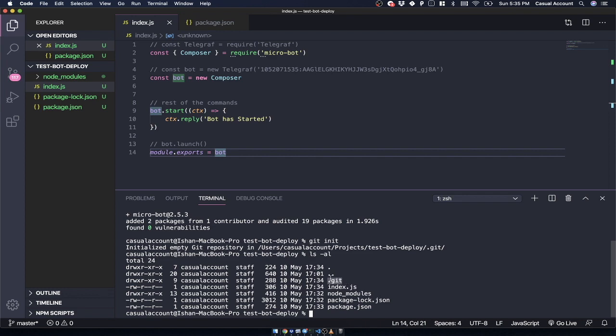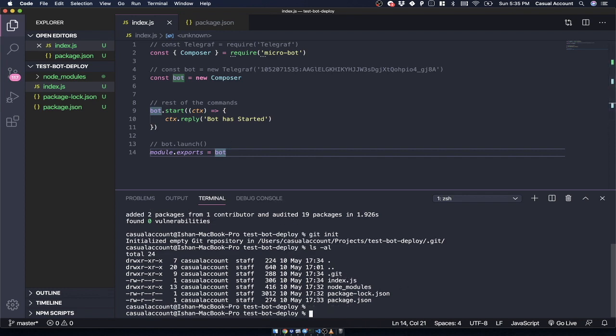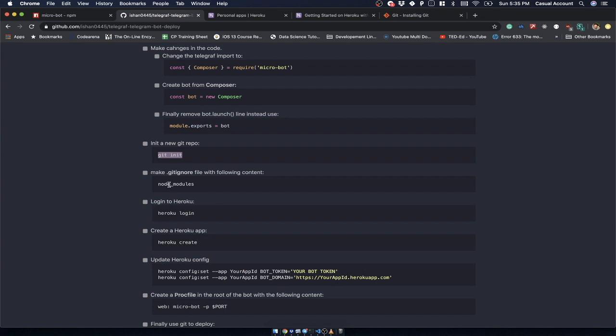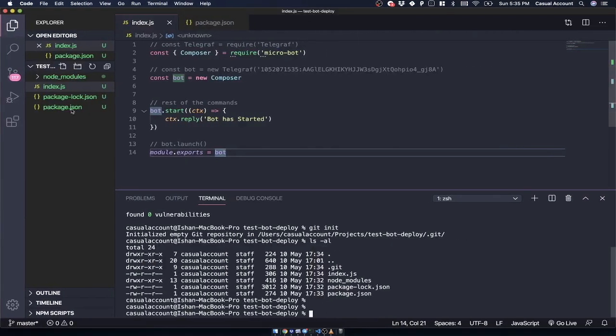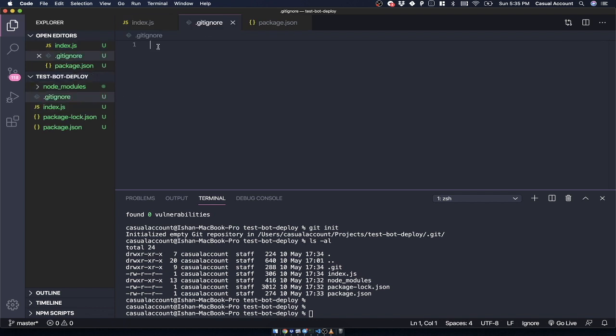Okay, so now we'll go back, and we have to create a file named .gitignore, and we'll put node_modules in that. I'll create a file named .gitignore, press enter, and over here we will put node_modules.